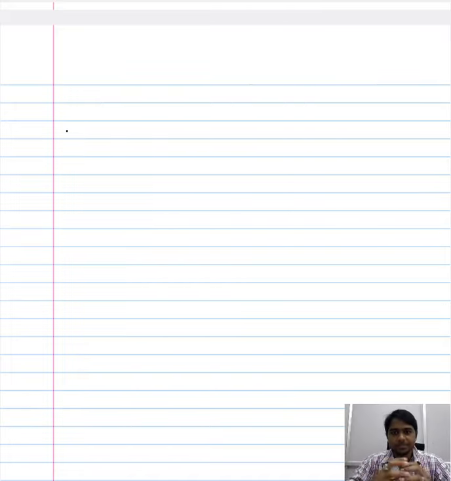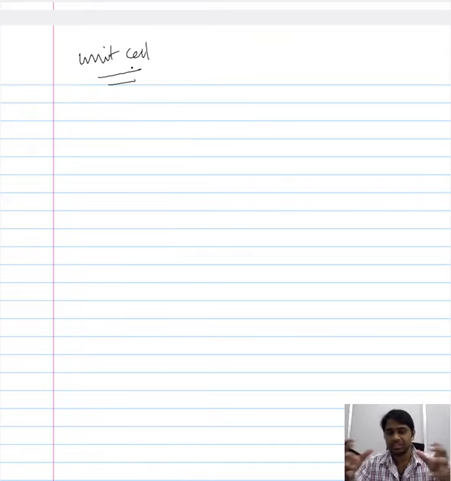Hello friends. In the past few lectures, we have been considering the different crystal structures and ways to represent a set of planes or a particular plane, a direction or a family of directions within the crystal structure. So instead of considering the crystal structure as a whole, or the ways the atoms are arranged in a crystalline material as a whole, we considered what we refer to as the unit cell. So this unit cell represents the way in which the atoms are arranged in a crystalline material.